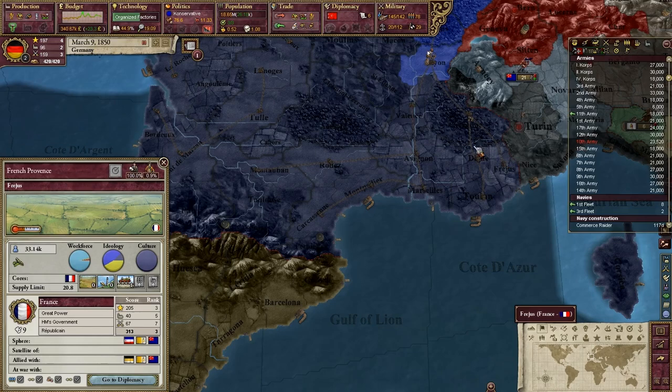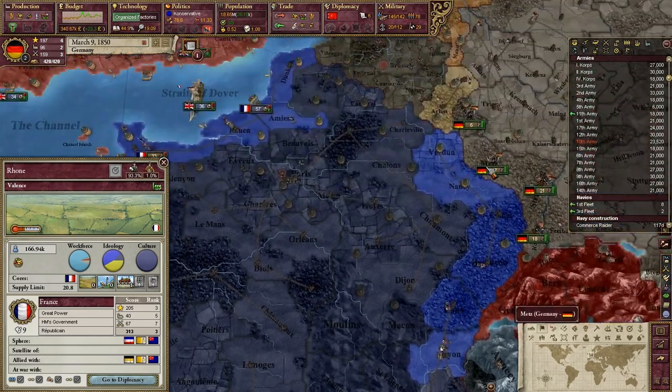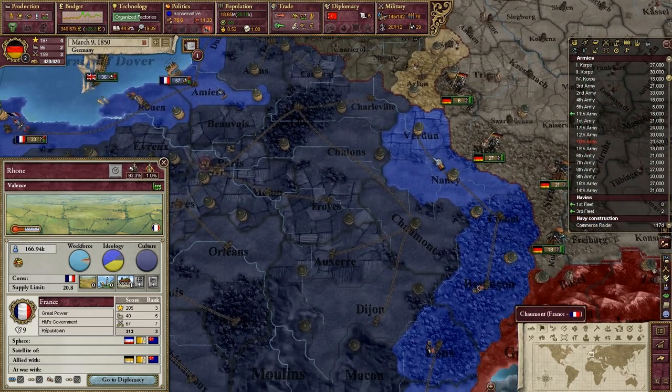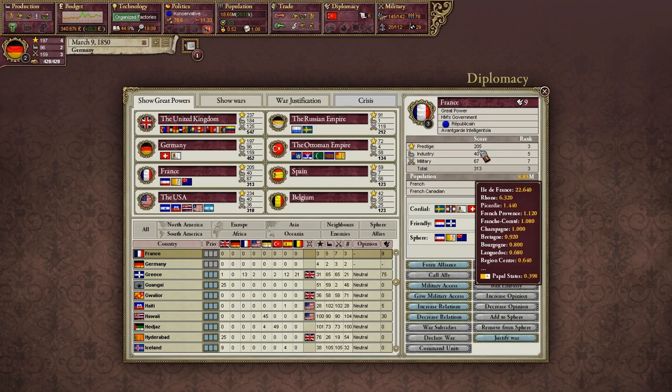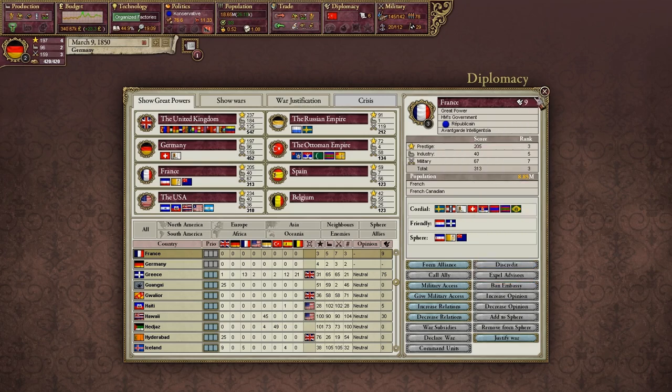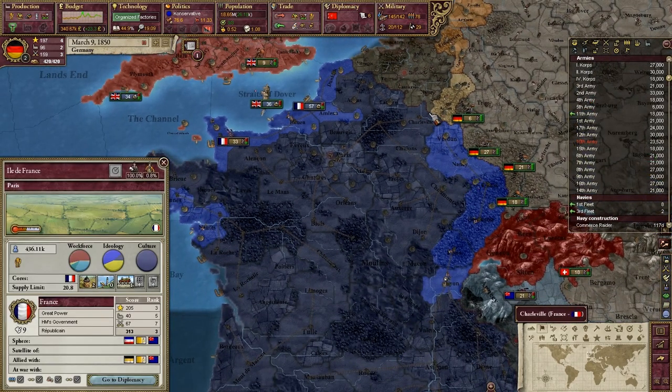Where is that? It's down here. We can get a good proportion of their industry just by taking that one province. Now it's not that much, but that should tell you how good it's going to be later. Obviously, Paris has their best stuff, but if we can take this, and then in the next war take Champagne,